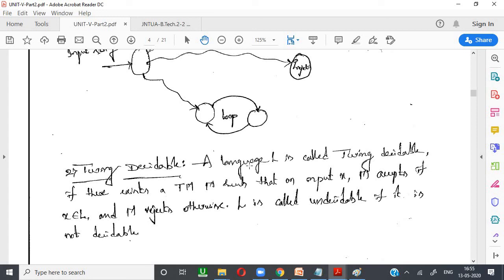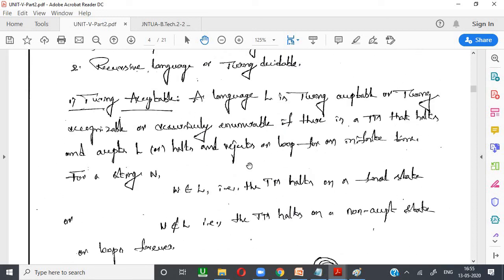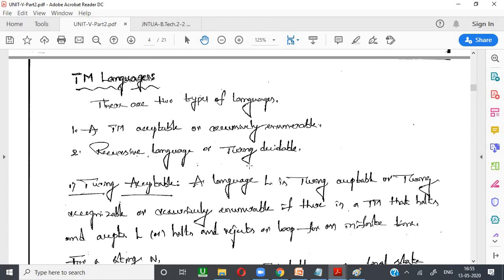So this is about Turing languages. The language is Turing machine acceptable, and the other is recursive language, or Turing decidable. When we call it Turing machine acceptable, if the language you provided is recognized and reaches the final state, then we say it is acceptable. If it does not reach the final state, then it is rejected.